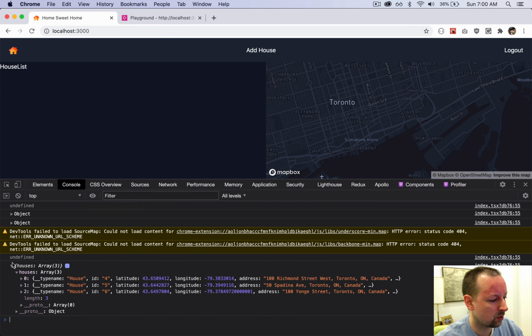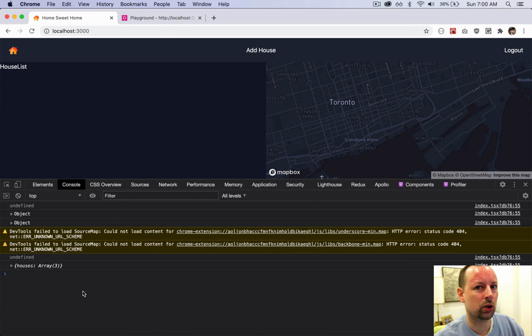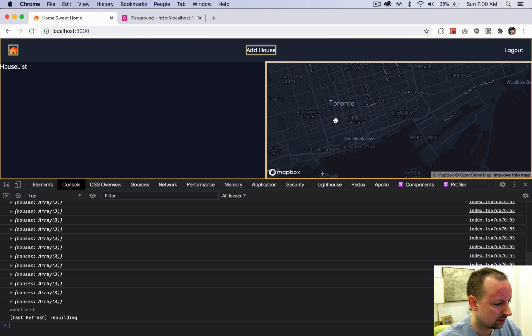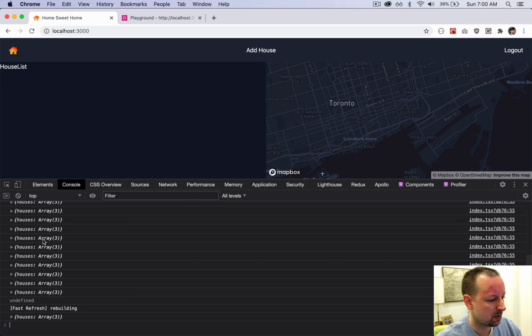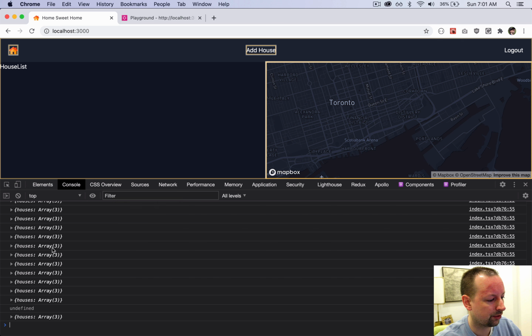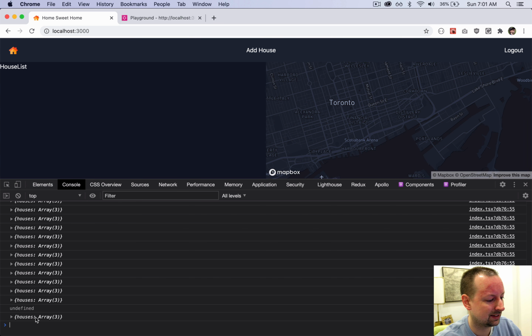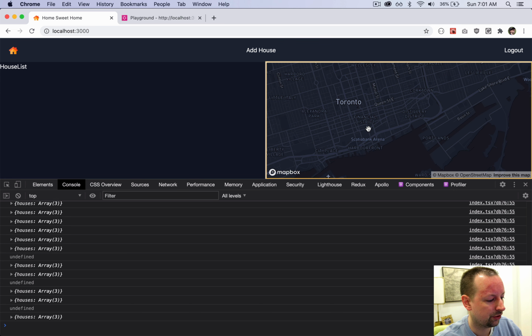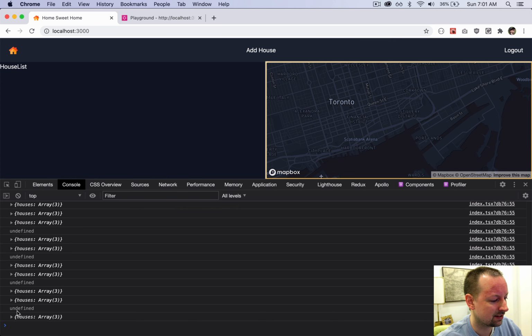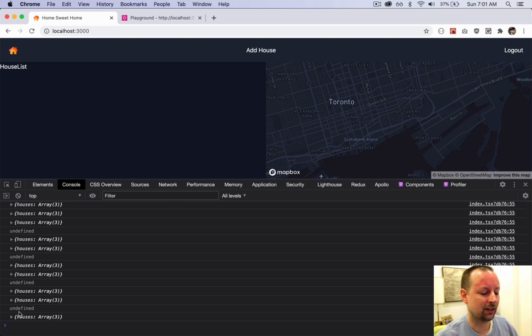But I wanted to show an issue that I noticed, and then we'll work on a solution for that. So let's say I zoom out a bit. See, as I zoom out, it's re-rendering, undefined for a sec, and then the houses again. So zoom in again, houses, we're all good, undefined, and then that. Even if I move it a little bit, see how we're always getting that undefined? And what that is basically